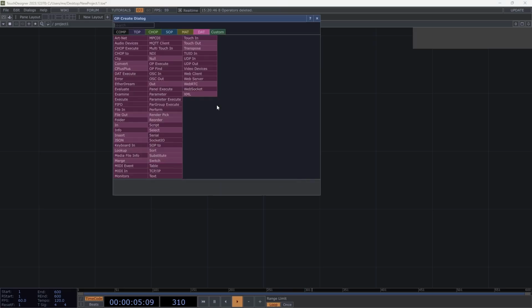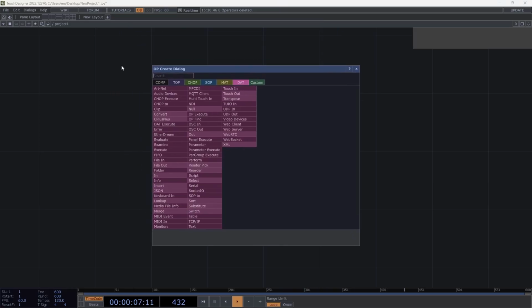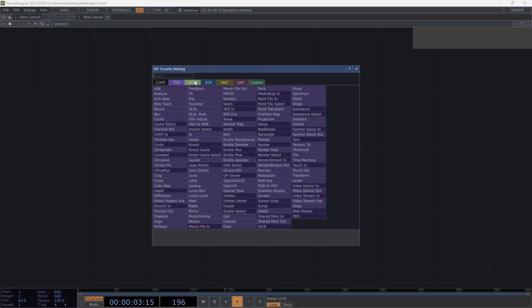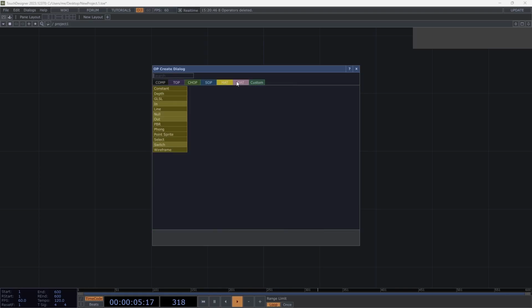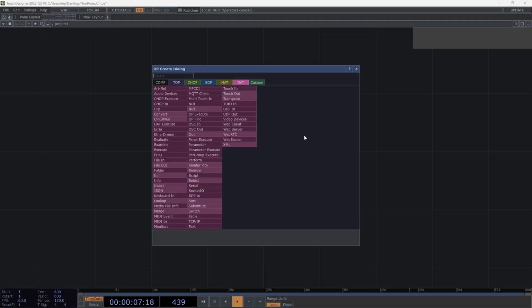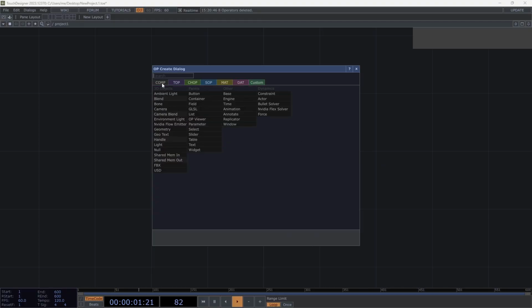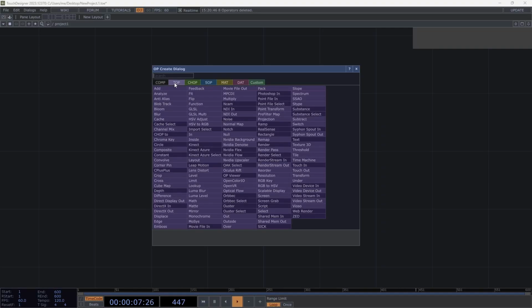So I'm going to hit tab, and what comes up is this operator create dialog. And we generally call them ops. So there are components, tops, chops, sops, mats, dats, and then in the newer version of TouchDesigner, it will have pops. And these are operator families. They each have their own role. I'll go over comps or components in a little bit, but the first one we're going to look at is